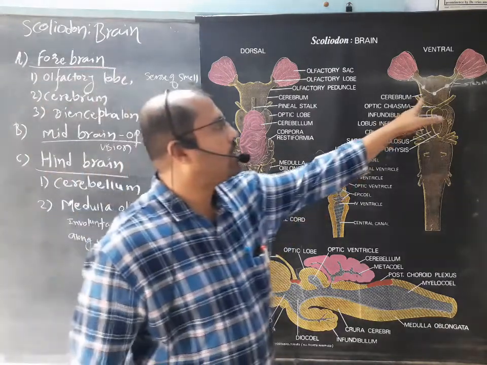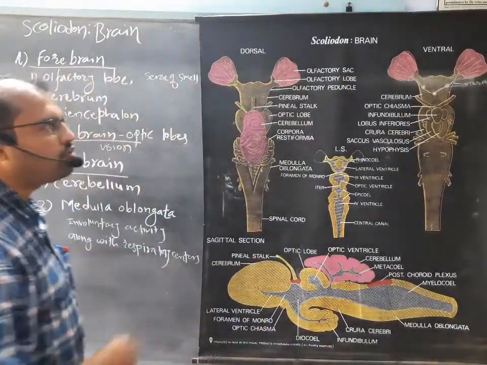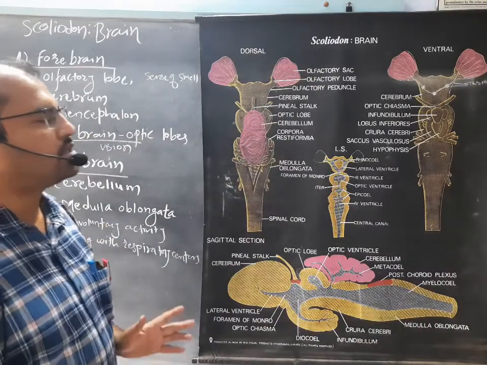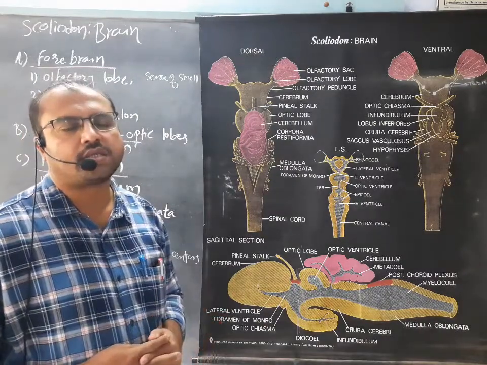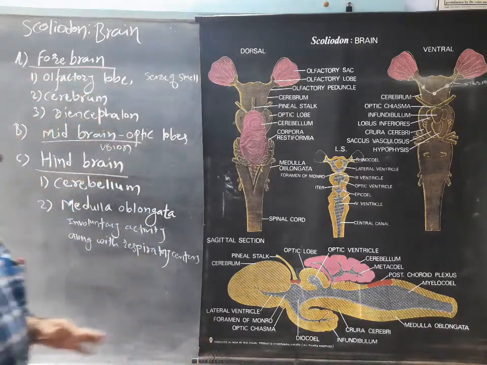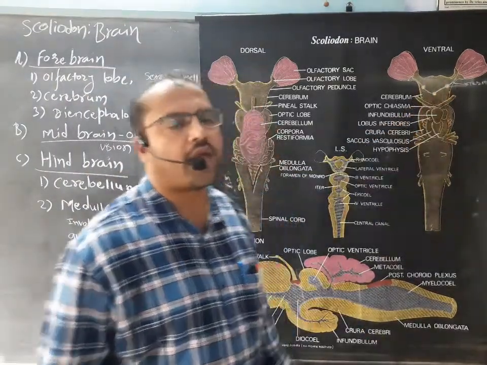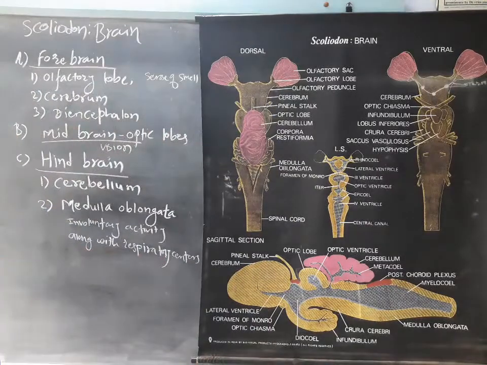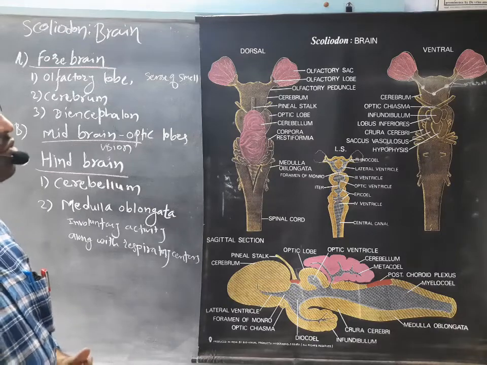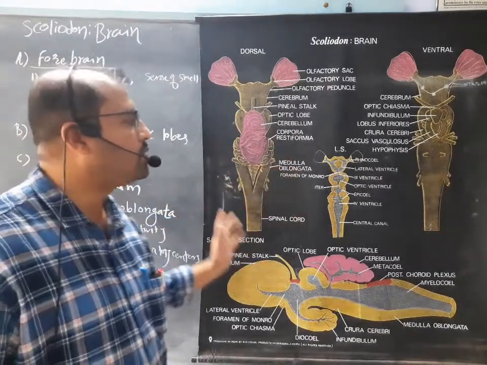cerebrum, centrally it has a pore which is called the neuropore, and from this neuropore the two lateral nerves arise. These two lateral nerves are called the terminal nerves. These are also called pre-olfactory nerves, and they have ganglia at regular intervals. These are the bulgy structures which are called the ganglia. So this is about the pre-olfactory or terminal nerves, which have such ganglia and go to the respective olfactory lobe. So this is about the structure of the brain of Scoliodon.